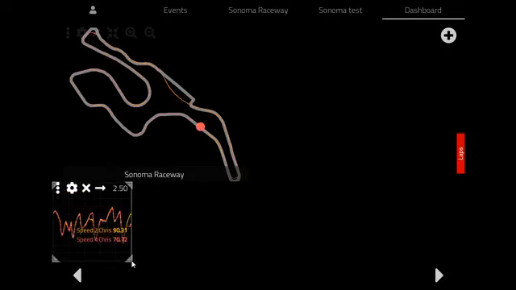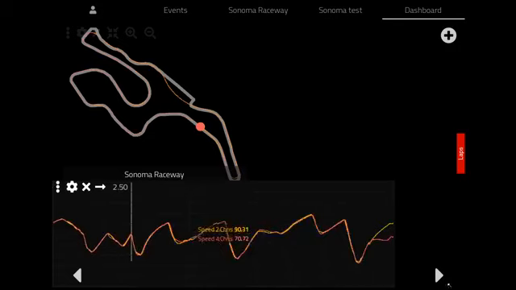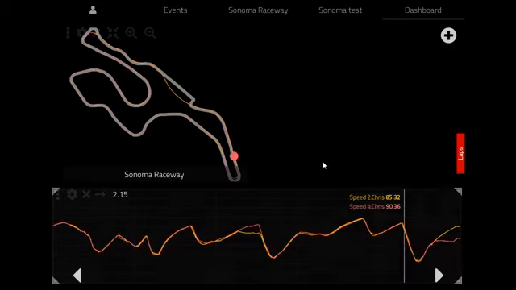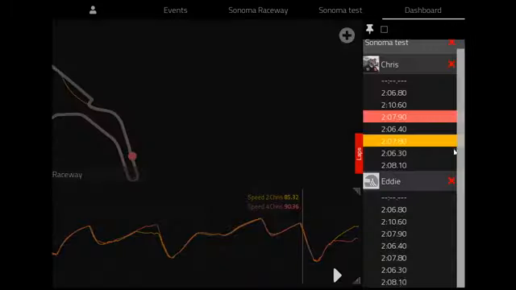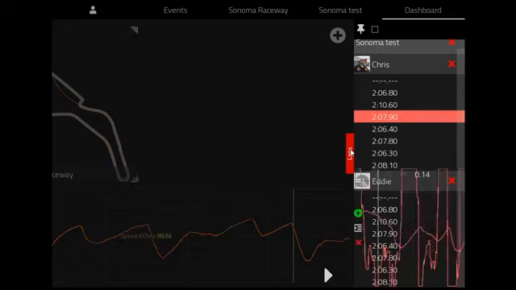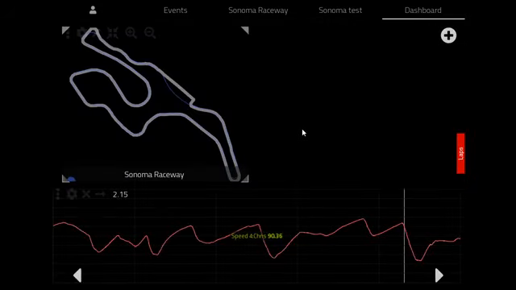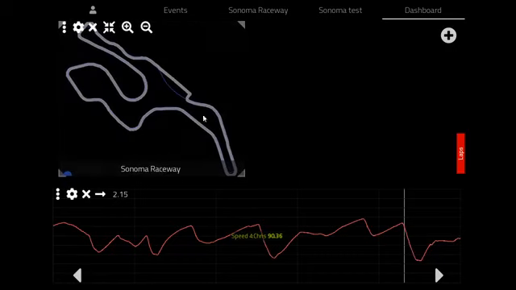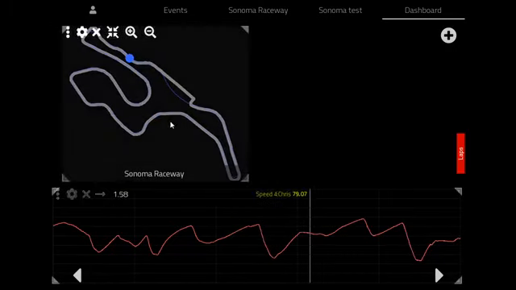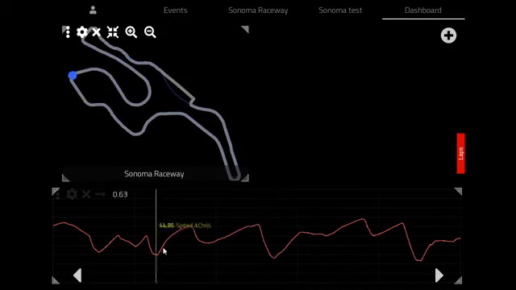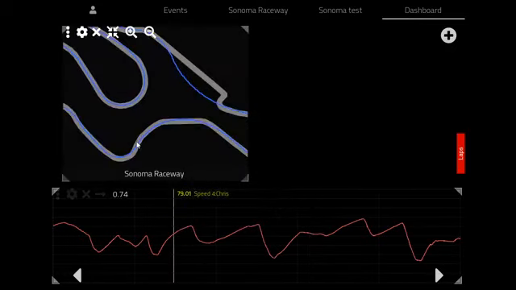Why not? So I hope I see something like this on a big screen in the hot pits sometime soon. I'd love to see what you all might design here. So we have a line chart with the track map. Let's see if we zoom in